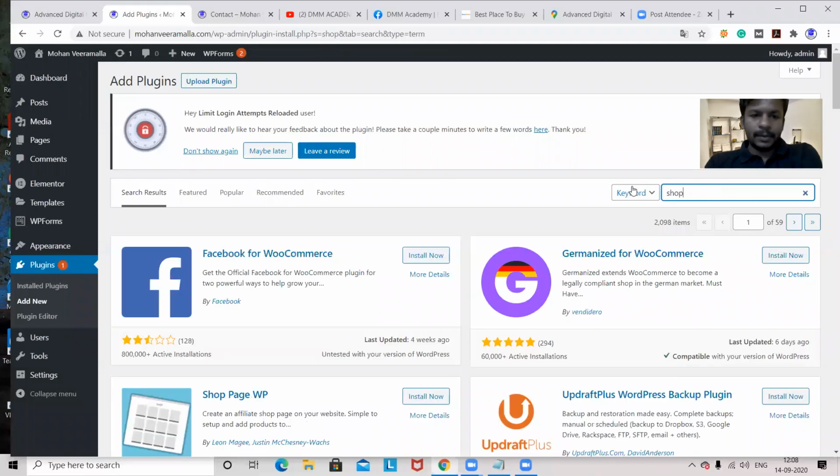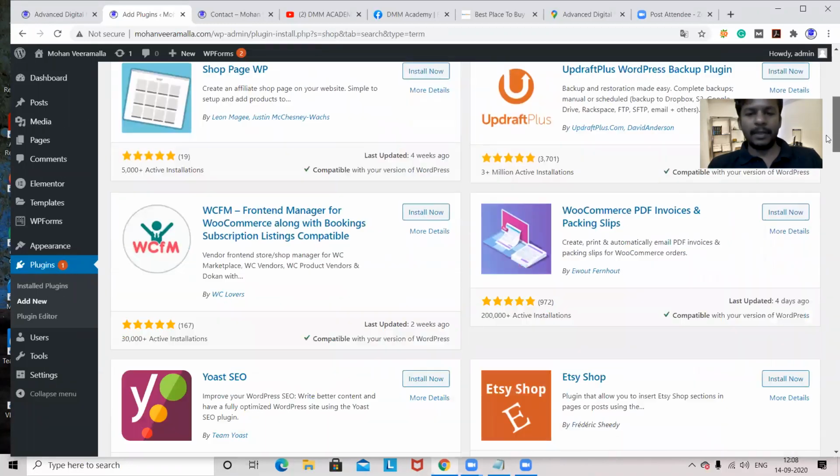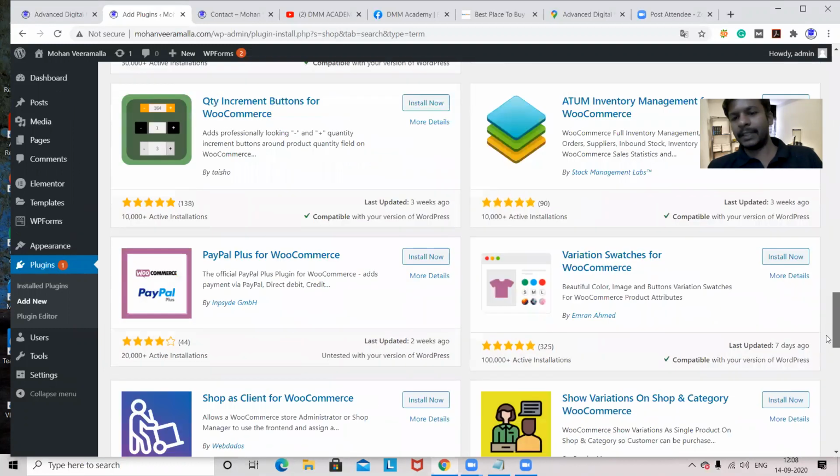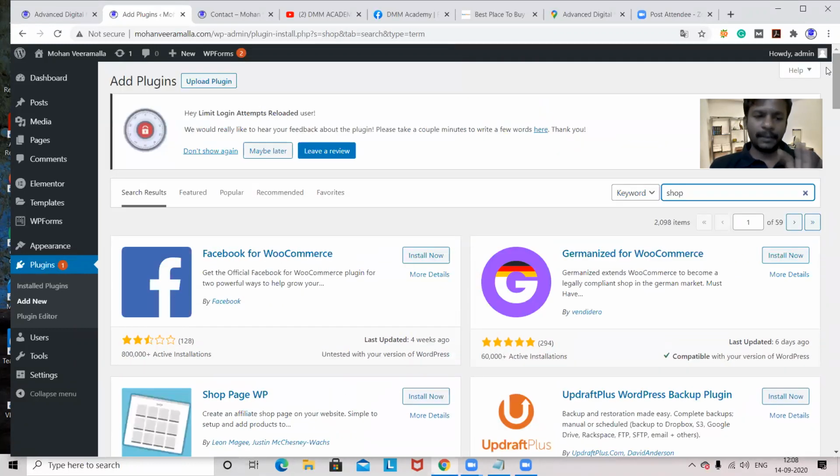For this word it is not available here; it may be available in some other section, but we have to analyze which plugin is better. So the main plugins which are required, I've said. In future, depending on your client and your practice, you'll know what plugins are required. Is it clear up to here?